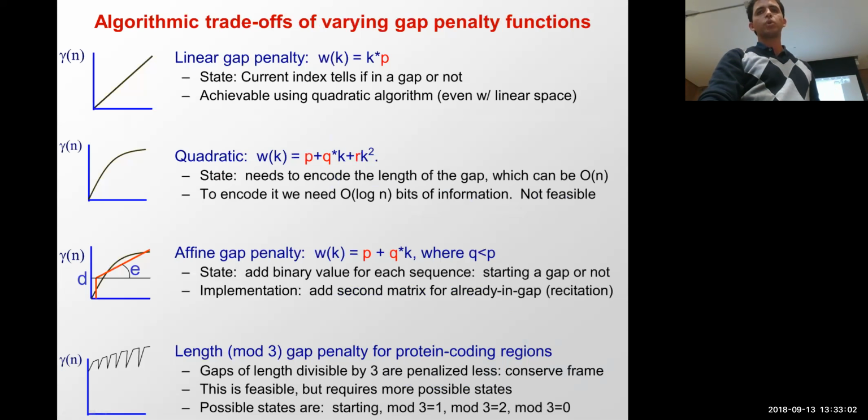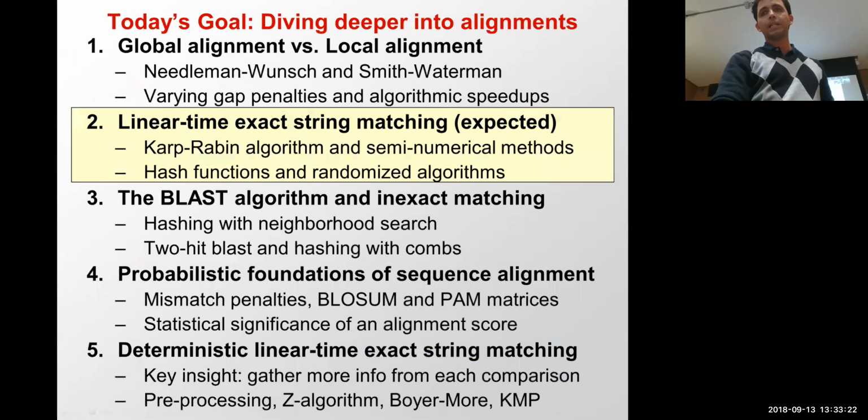And then to achieve this, all I need to remember is whether I'm starting a gap or whether I'm in the middle of a gap. Okay? So that means that I'm introducing something known as state. And we're going to talk about state when we talk about Markov chains and stuff like that. So the state of that sequence